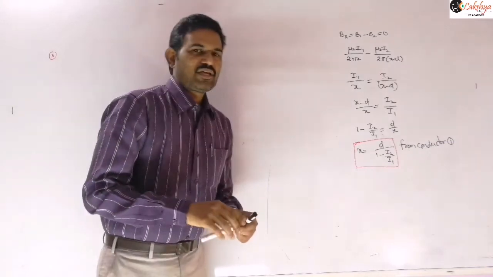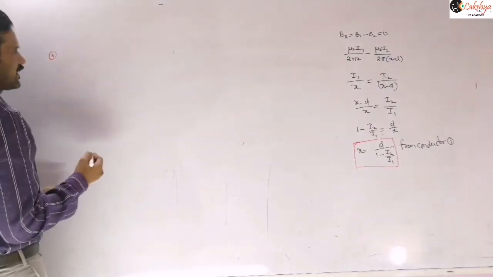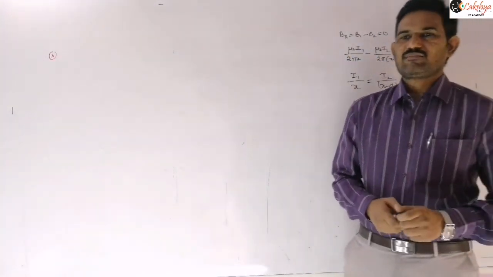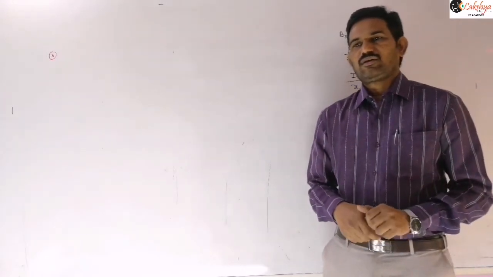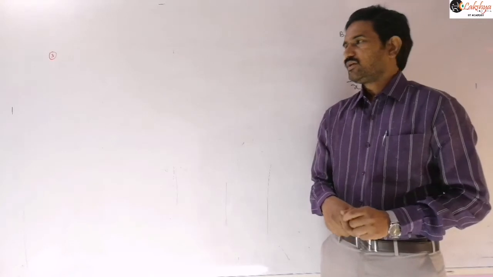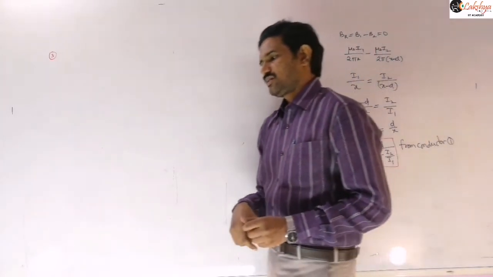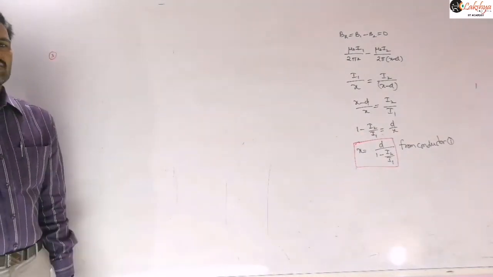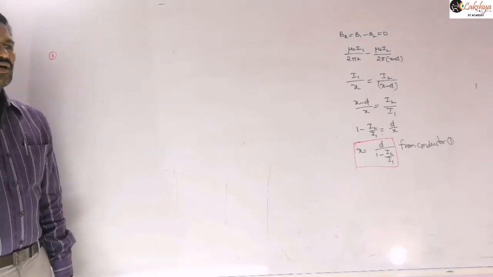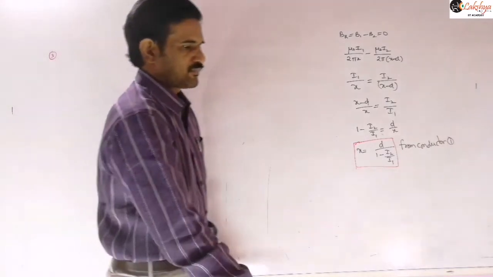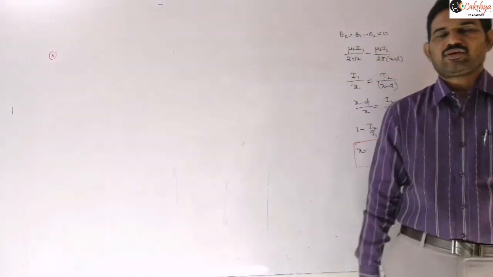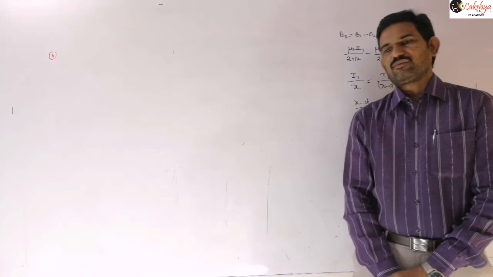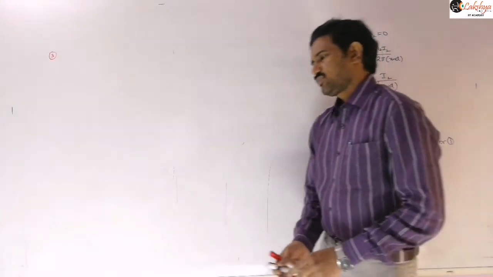Just mention that a current carrying conductor is placed in a horizontal plane along east-west, and if current is flowing towards east,